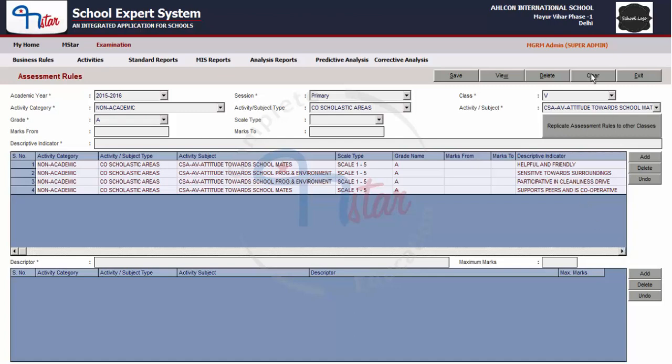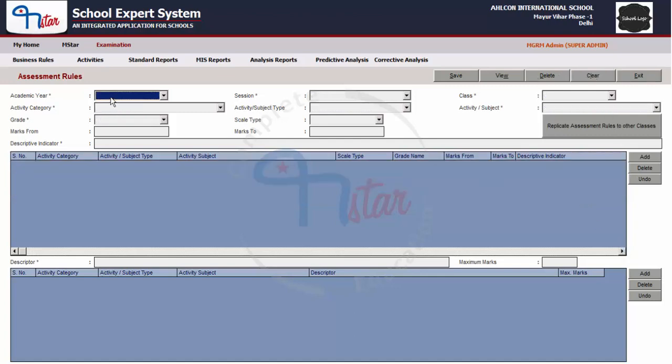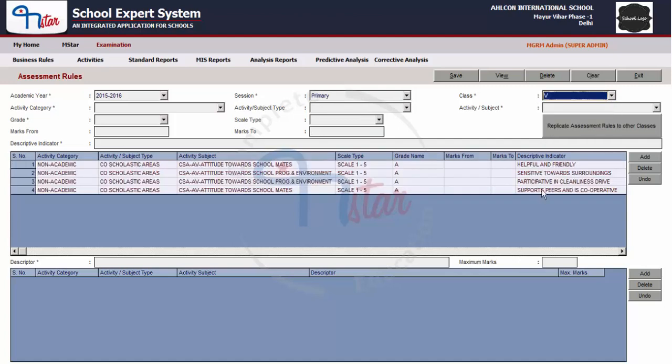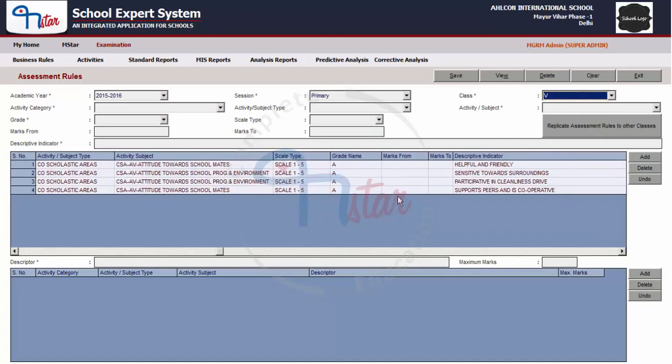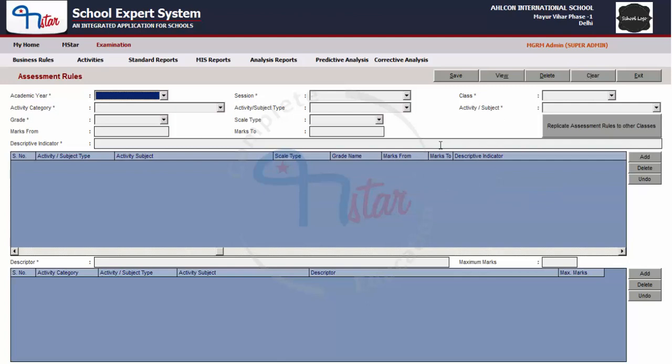Click on the Clear button to clear the screen and you can retrieve the indicators again to check the modification. So we will see that our modifications as made has been saved correctly. Click on the clear button to clear the screen and repeat the steps for other activities if required. Now once we have added new indicators and we are able to modify, let us see how to delete an existing indicator if we do not want it anymore.